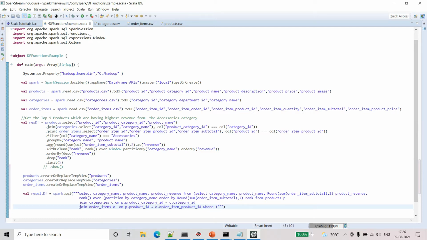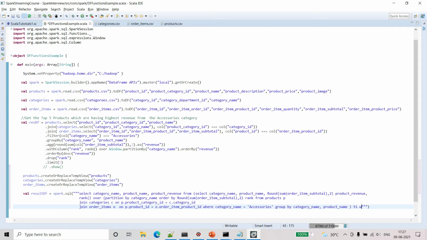So now we need to mention where to add the filter condition, because we need to get only the accessories category. It should be in single quotes. Okay, and next we need to group by. So group by category name and product name. So this entire one I'll put as table 1.